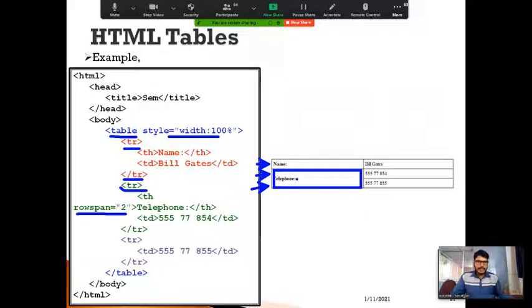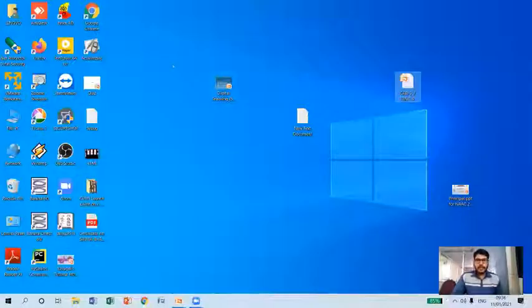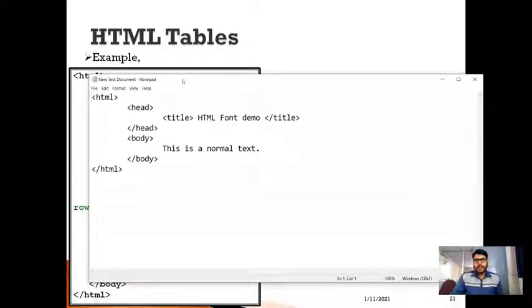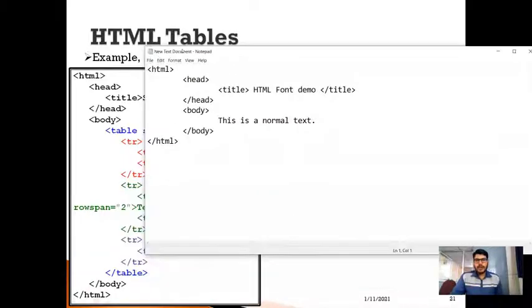Okay, so let us see the example by creating one sample table here. So let me quickly do this. I'm going to create one sample text document here. As you can observe, I have already written some basic tags which I need to write.